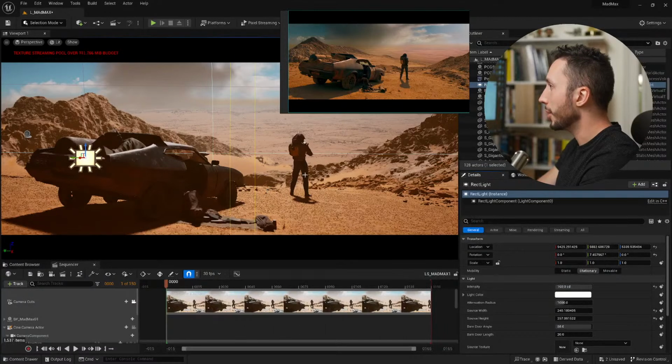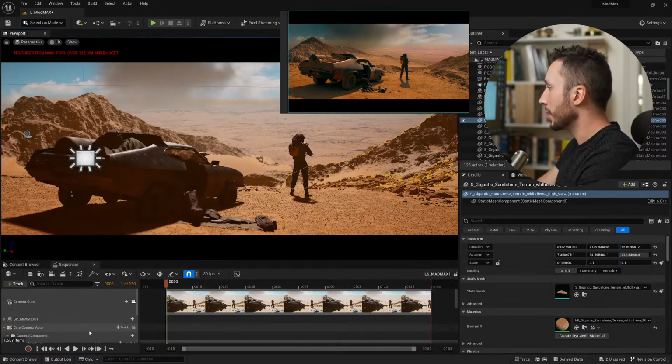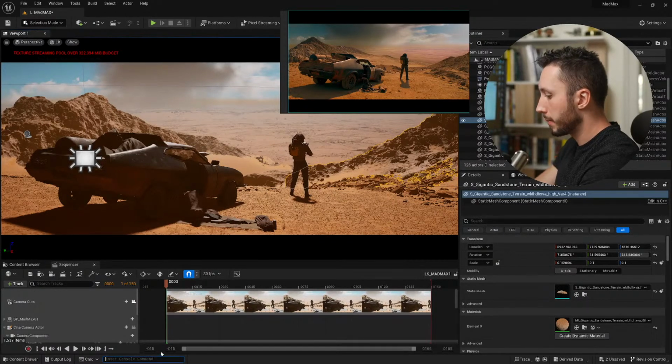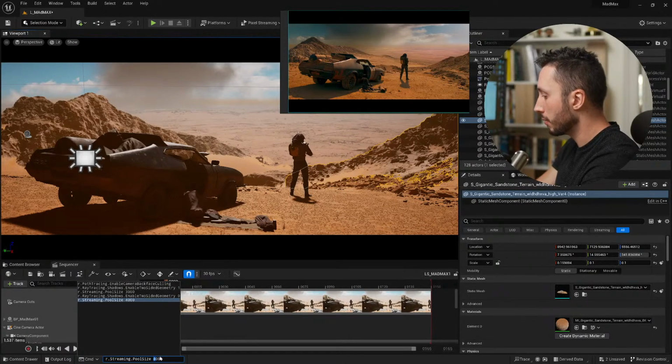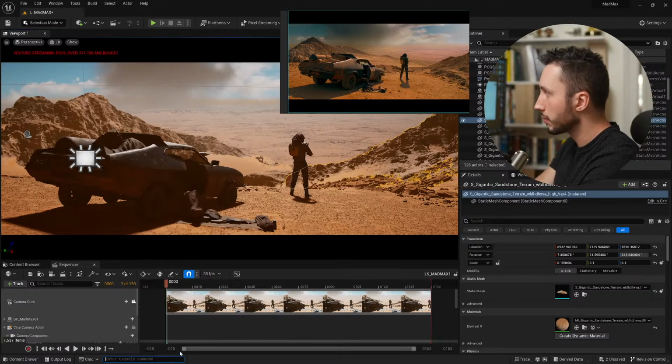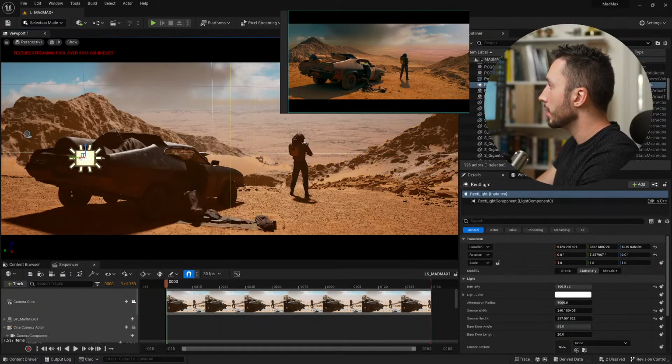Wait, we spent too long painting this car. Oh my gosh, my streaming pool is going crazy. So I'm gonna actually lower it so that it runs a little smoother. There we go. Okay, so